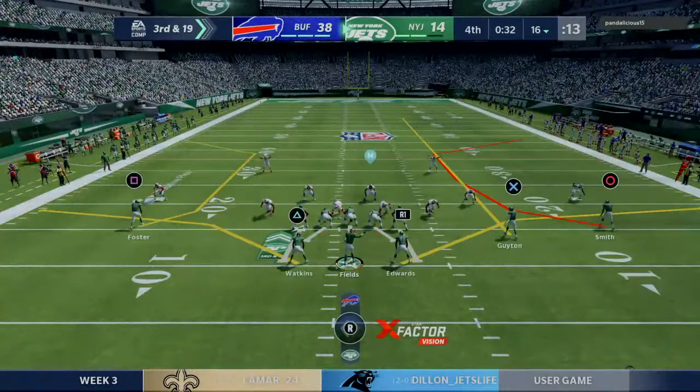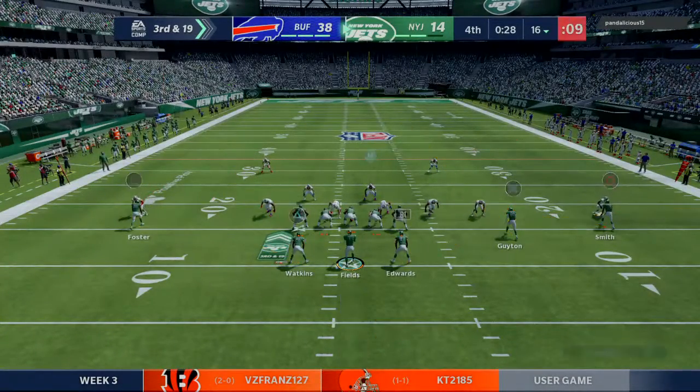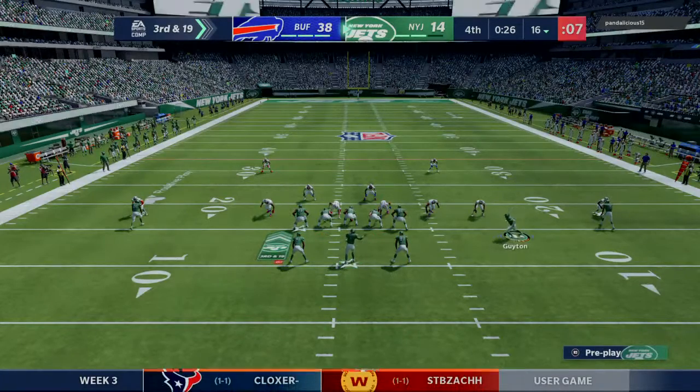19 tight, 19 tight, 47, Mike's 47. It's our time. It's our